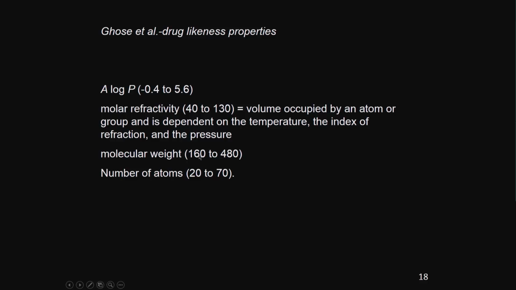Molecular weight, look, Lipinski said less than 500, whereas they are bringing 160 to 480. They also bring number of atoms 20 to 70. So, they have made some changes. They came up with a new set of parameters or descriptors, we call it parameters, descriptors, features of the drug. This is called Ghose et al. drug likeness property. Then there is a Weber rule,